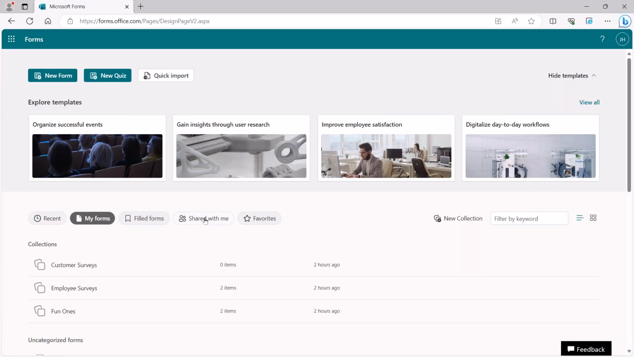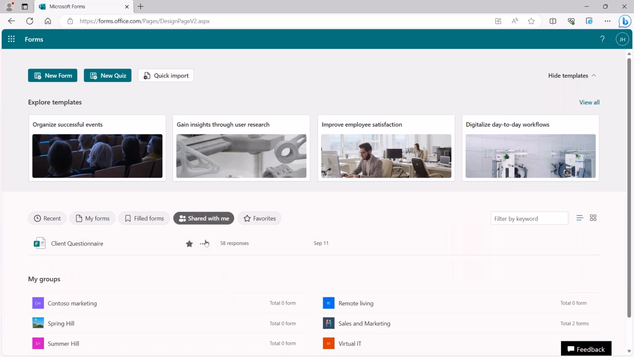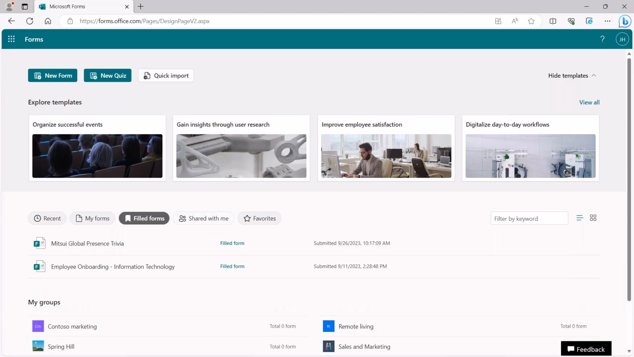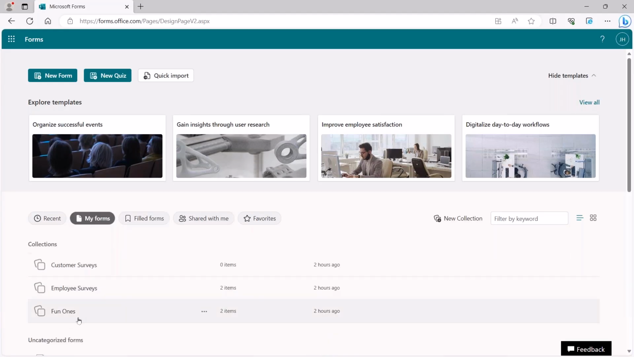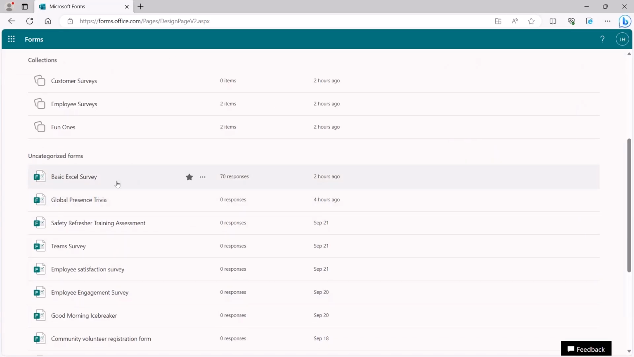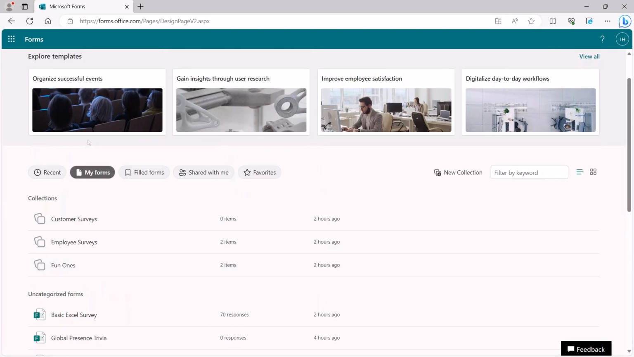Because if people start sharing them with you, like here, I've got this client questionnaire. I'm going to show that as a real world example. That can be just a little bit easier. Just a feature. You don't have to use that at all. What I'm going to do is show